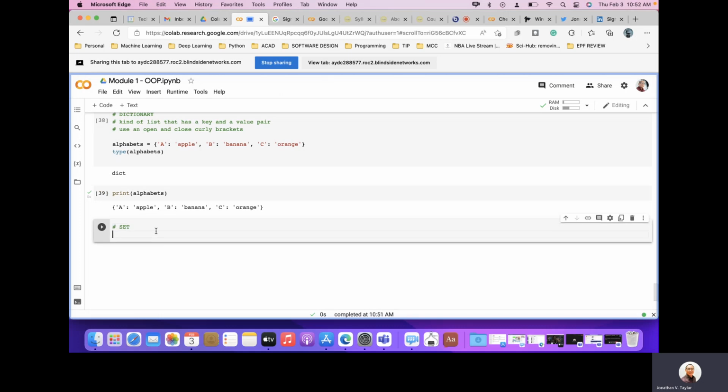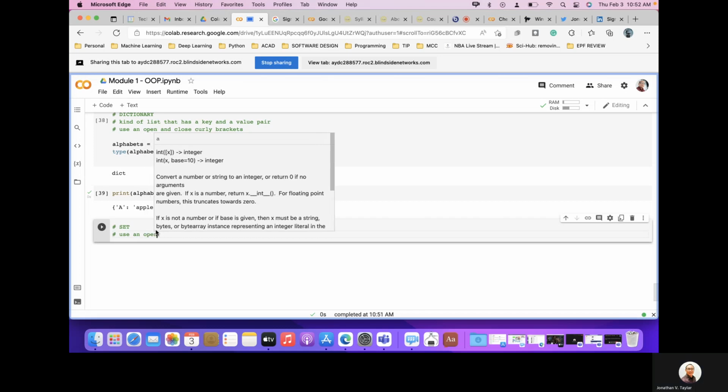A set is a very different type of list because a set can contain multiple letters, multiple strings, no? And it could contain redundant or repeated words, no? And in order to create a set, you also use